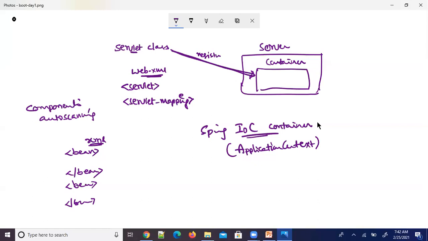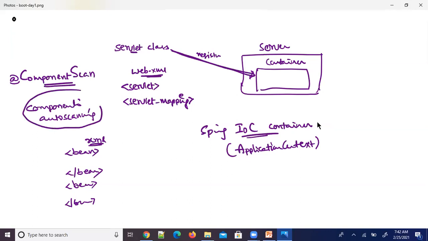And there is an annotation provided for enabling this auto scanning feature, and that is called @ComponentScan. This is an annotation which enables this feature, components auto scanning feature.